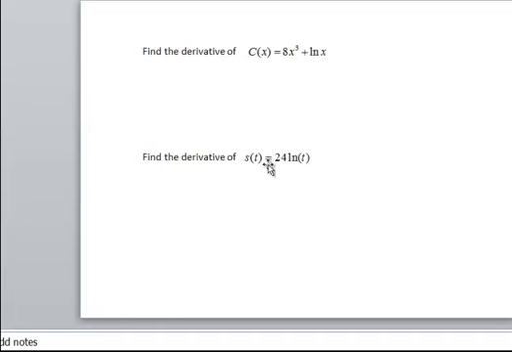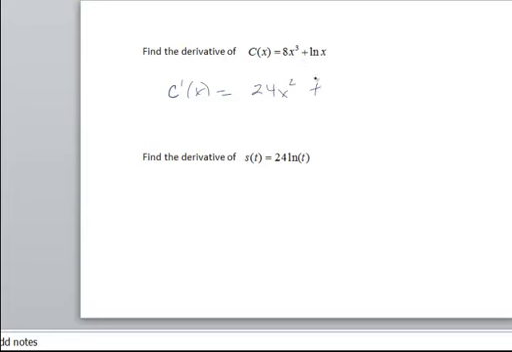These get a little bit different, not much. Similar example right here. I've got the sum of a couple terms. So taking the derivative of each term, we'll have c prime of x is equal to the natural log, the derivative of 8x cubed is going to be 24x squared plus, and now we use our new rule, the derivative of the natural log of x is